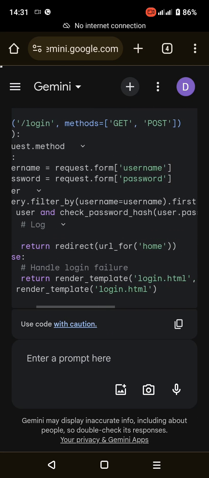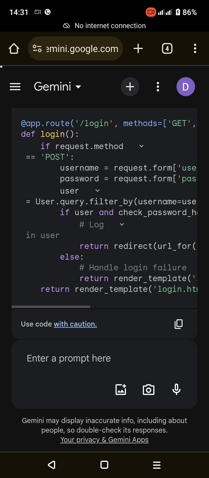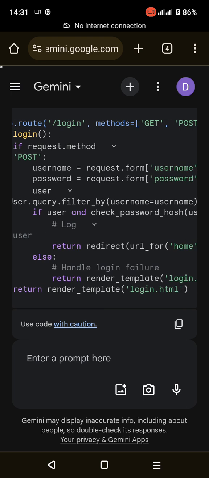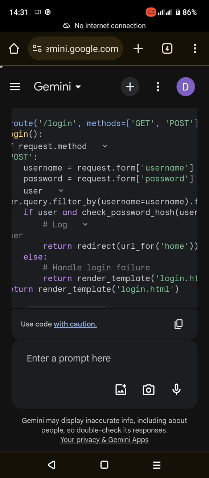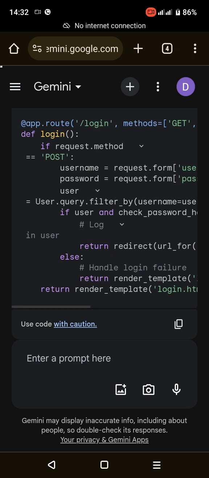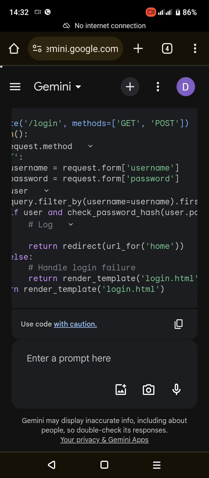return render_template('login.html', error='Invalid username or password') renders the login.html template with an error message if the login fails due to invalid credentials. return render_template('login.html') renders the login.html template if the request is a GET request, displaying the login form. Remember that this code provides